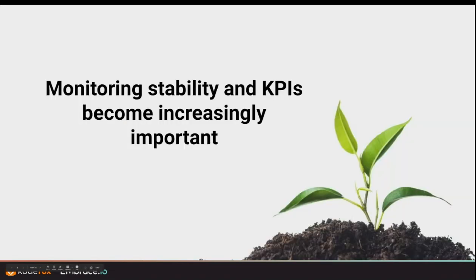So monitoring stability and KPIs is becoming increasingly important. Going into teams, I've watched mobile teams grow a lot in the past 2 years. I've worked with a lot of companies where they are mobile first, mobile only, and when we first met with them, they only had 1 or 2 developers.